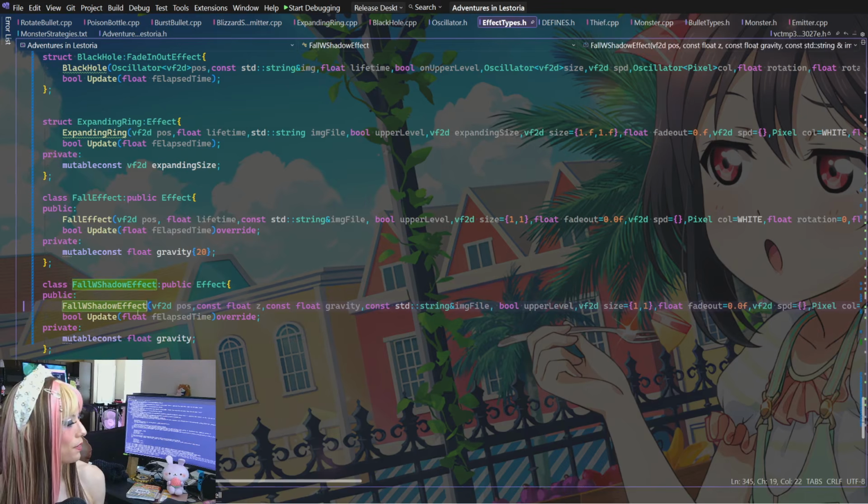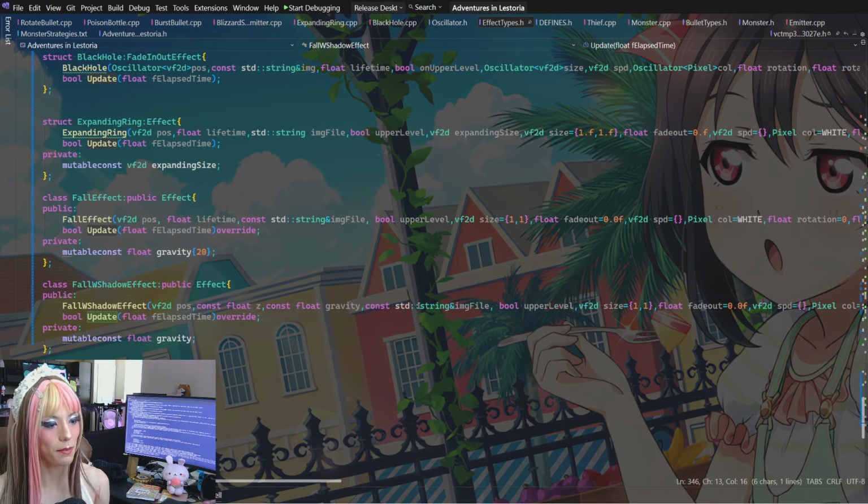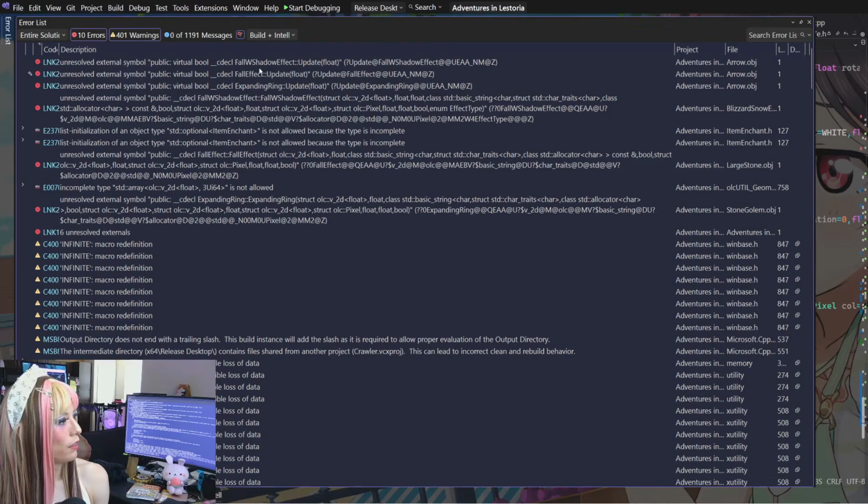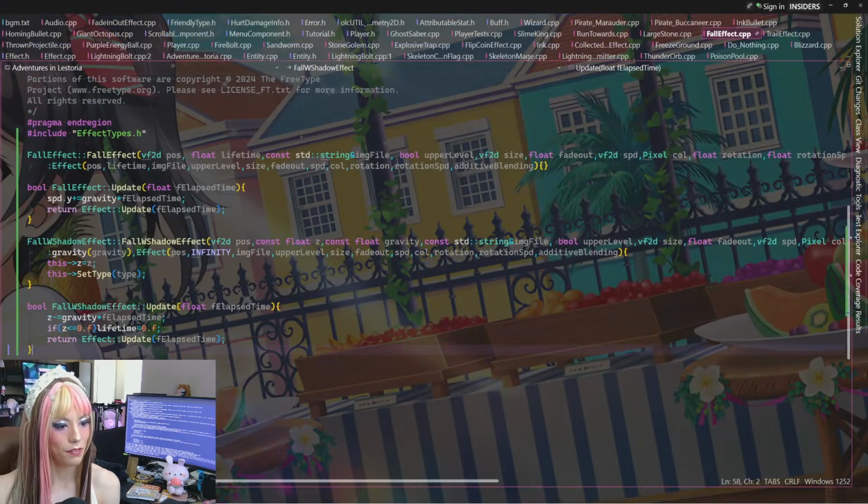That's nice. It says this update function doesn't exist. It's right here. So I'm not sure what it's complaining about. Fall W shadow effect update float. Unresolved.